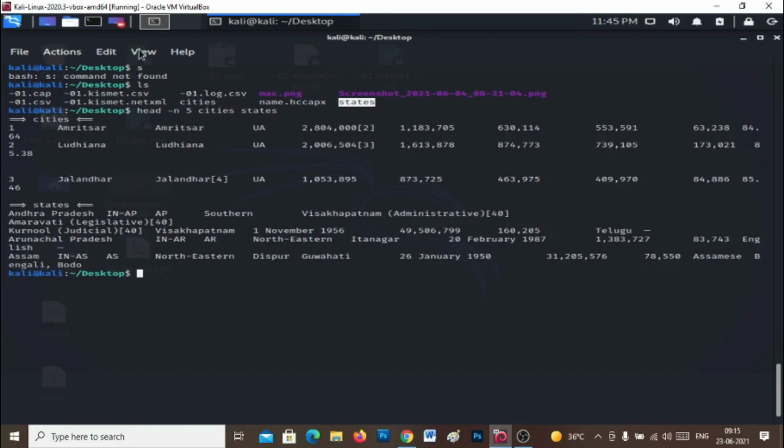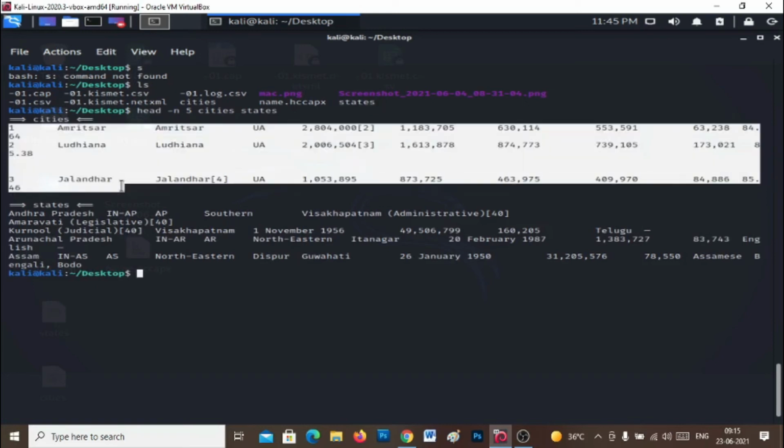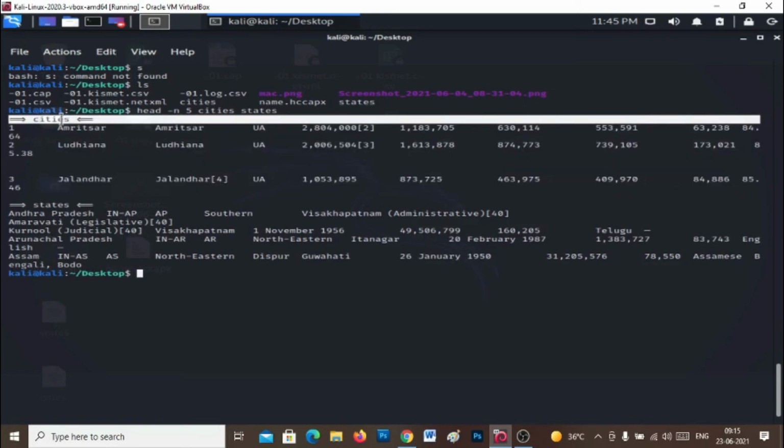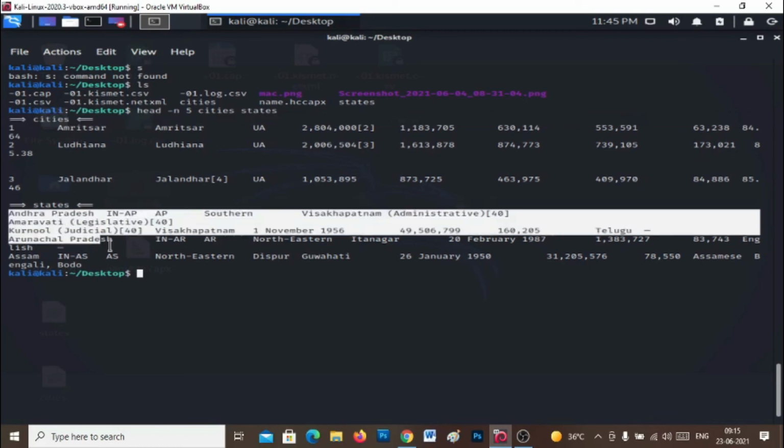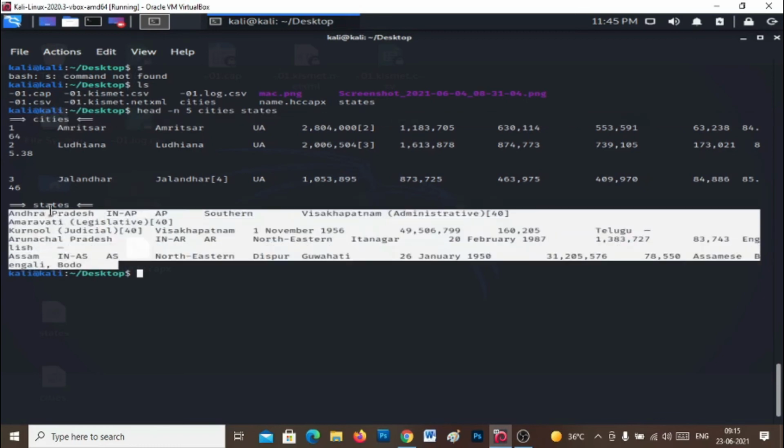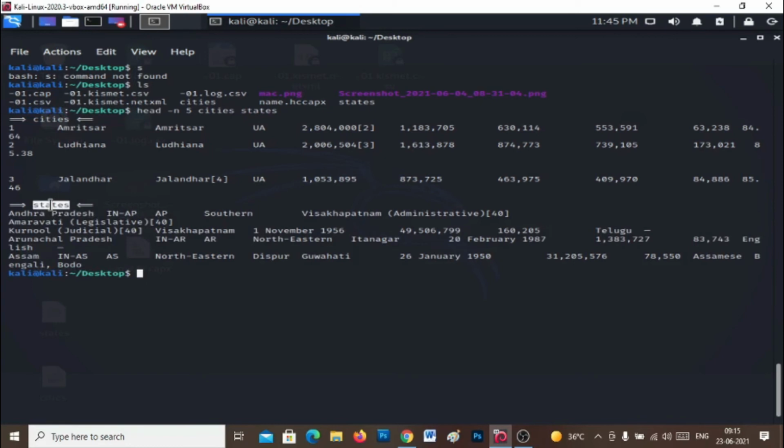Press enter. As you see, these are 5 lines from the cities file and these are from the states file. So we can handle multiple files with the head command.